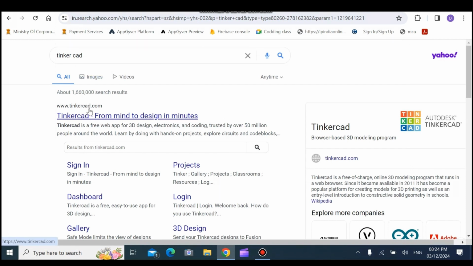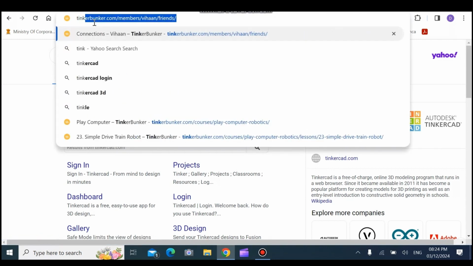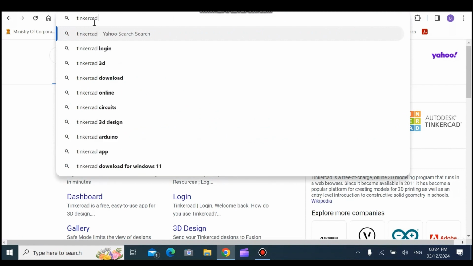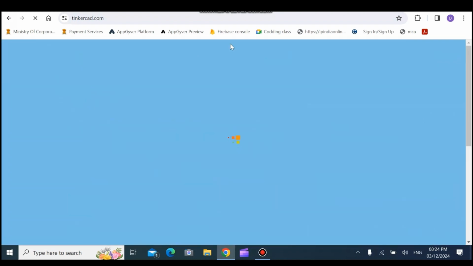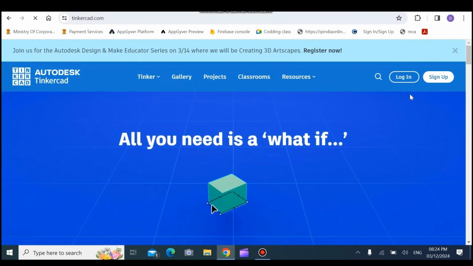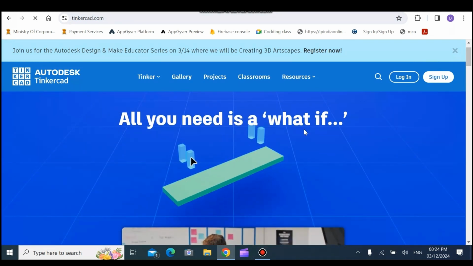It should be tinkercad.com. Click on the first link, or the other way is to type tinkercad.com and hit enter. And you should be redirected to this website. So once you're here, what I want you to do is click on login,